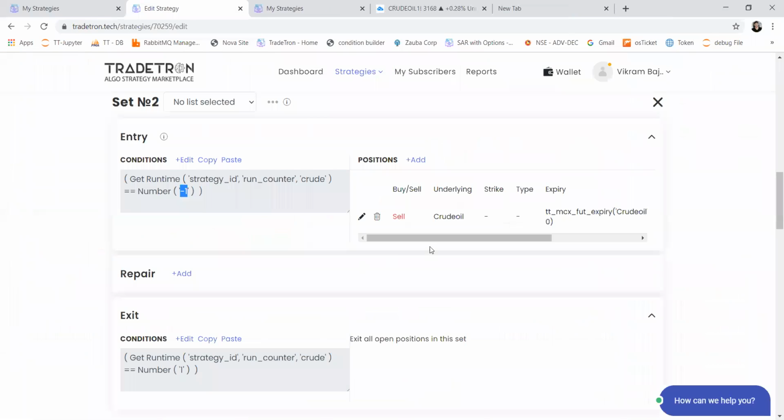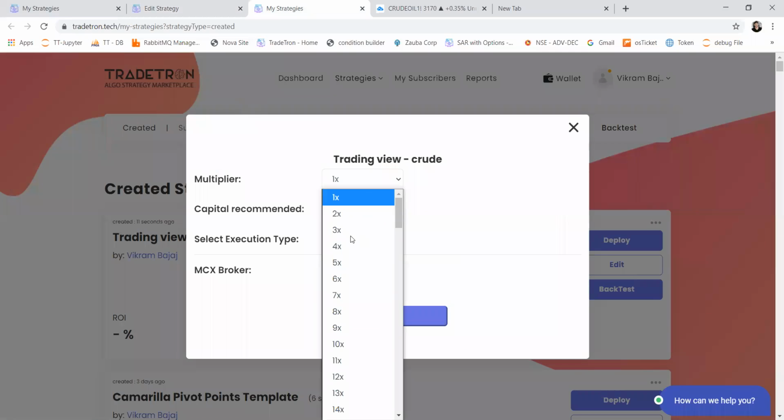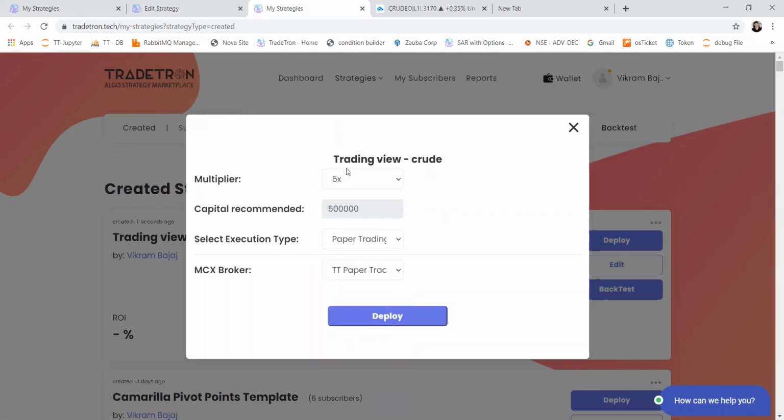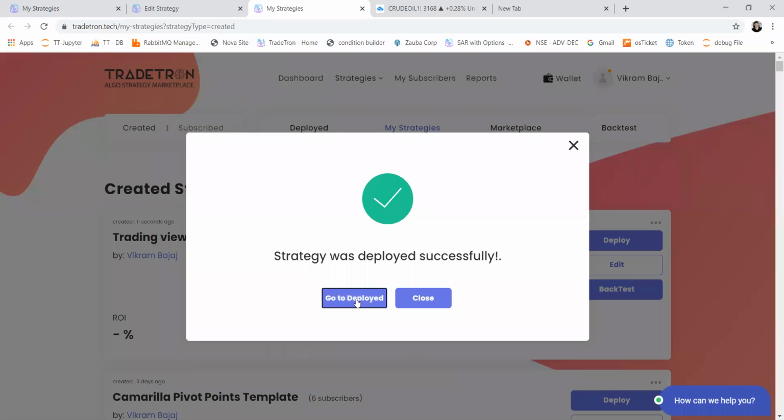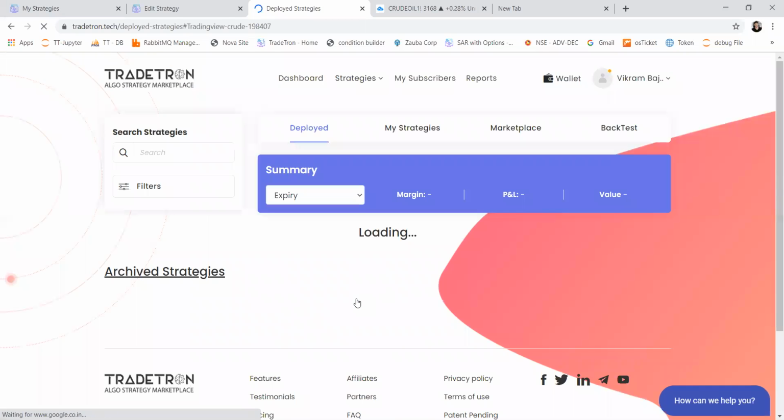In the position, everywhere we have defined this as one lot. But let's say I want to trade 5 lots every time a signal is generated, then I can select 5x here. If I select 5x, every time there is a signal from TradingView, this strategy will take 5 lots in paper trading or live deployment, in whichever method I have deployed this strategy. Click on deploy, and strategy successfully deployed.